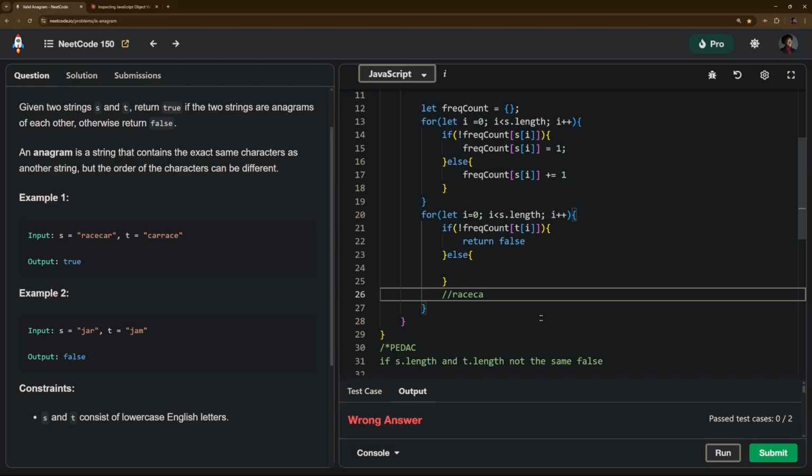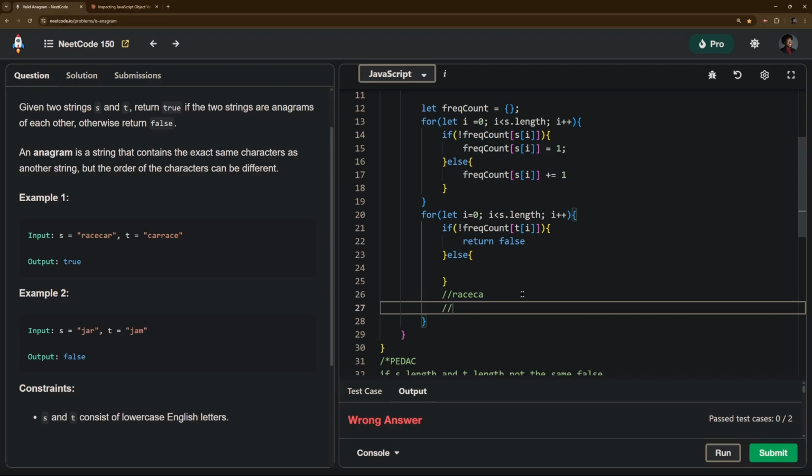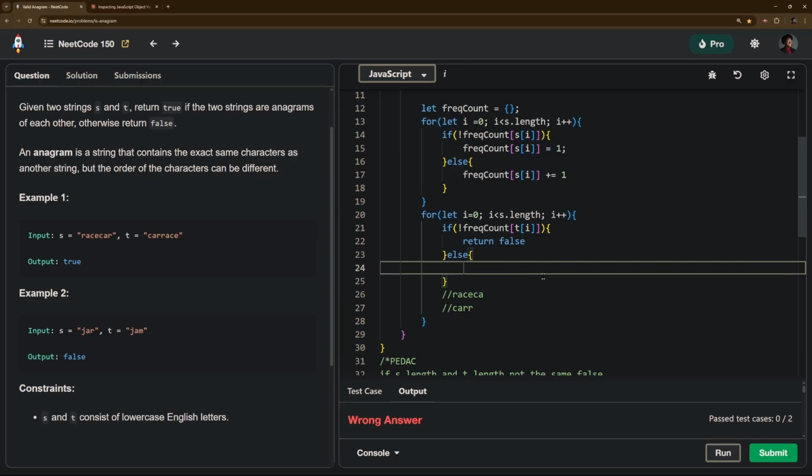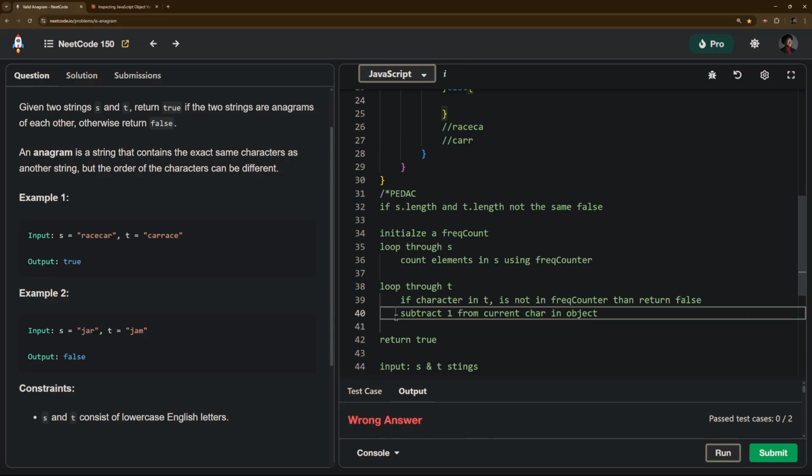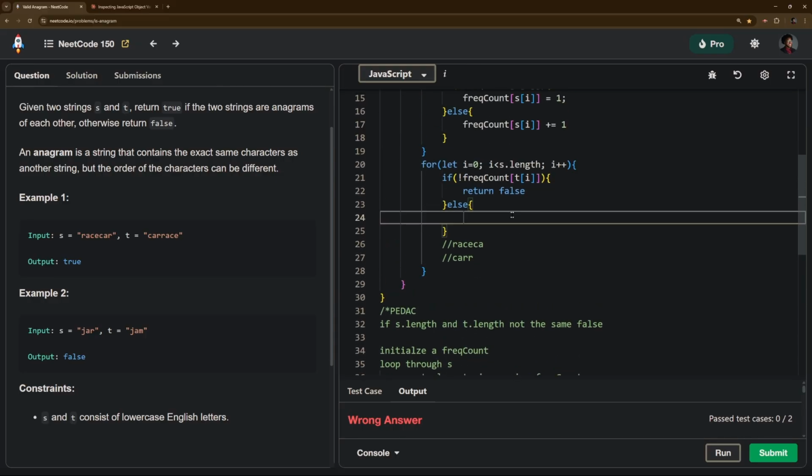What if it was just this, right? Yeah, we're gonna need to. Okay. So subtract the 1 from the current character. So if it is in there already,